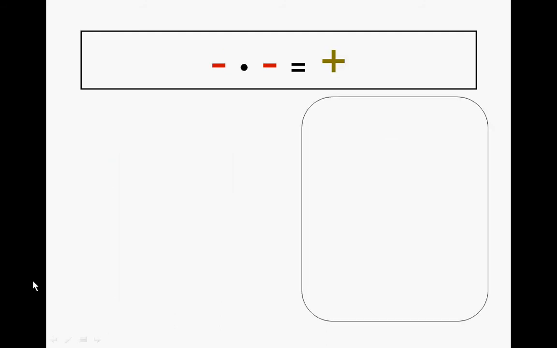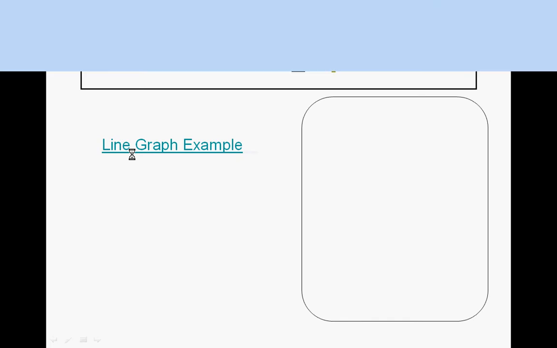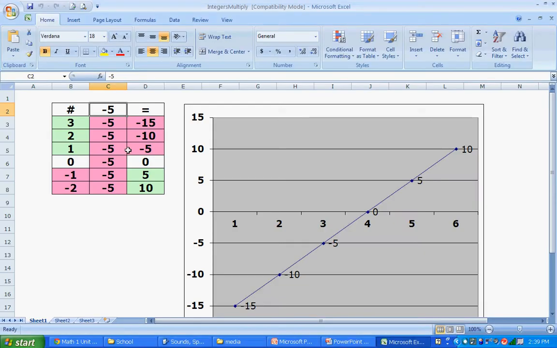Okay, here's the most interesting one, and this is a negative times a negative is a positive. Now there's one way we can show this using a line graph example. We'll see if it comes up. But if you notice, we have this pattern that if you have 3 times a negative 5, you get a negative 15, which is represented down here. And then let's say you take that negative 5, you multiply it by a positive 2, you get a negative 10. And the same thing with 1 times a negative 5, you get a negative 5,